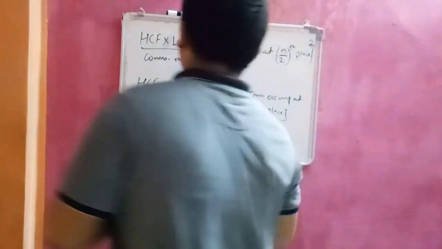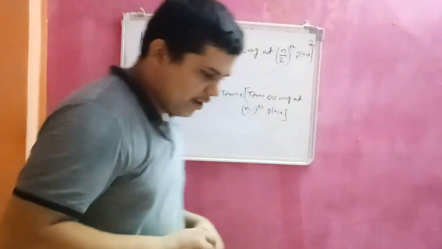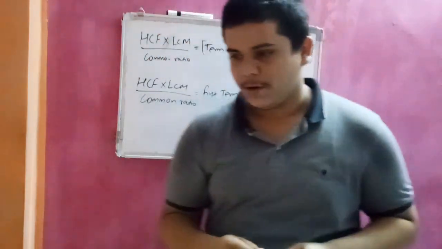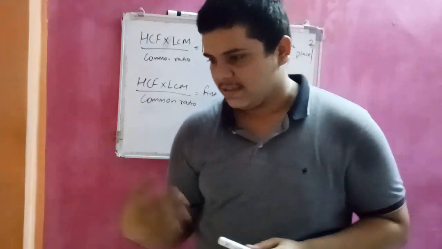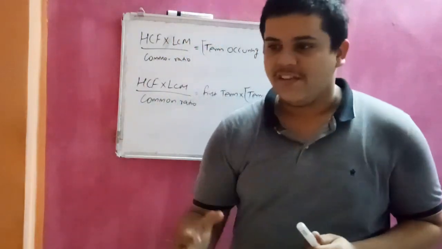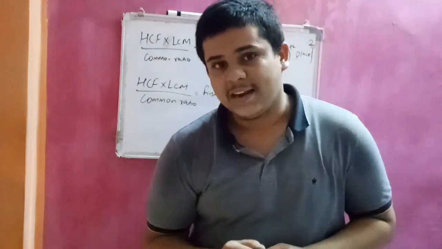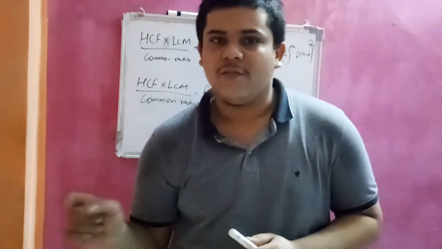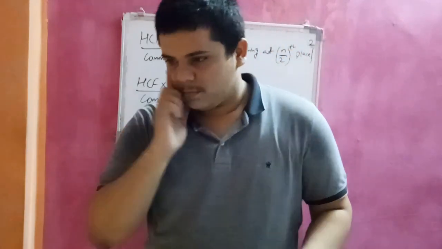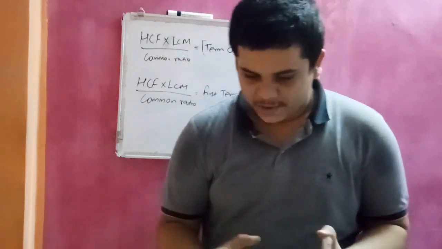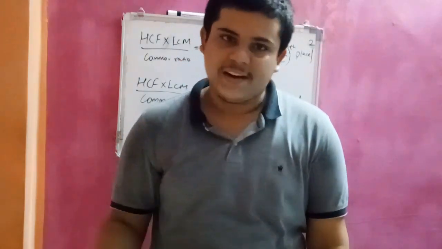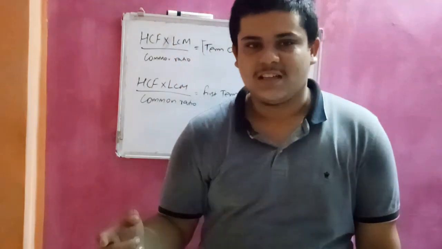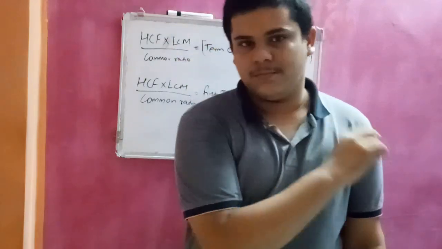As you know, firstly I found that if we take a geometric progression in increasing order having natural numbers, for example 2, 4, 8, 16, its HCF, that is GCD, is always its first term, and LCM, least common multiple, is always last term. Then second, if we take a geometric progression in decreasing order having natural numbers, for example 16, 8, 4, 2, its HCF is last term, that is 2, and LCM is first term.